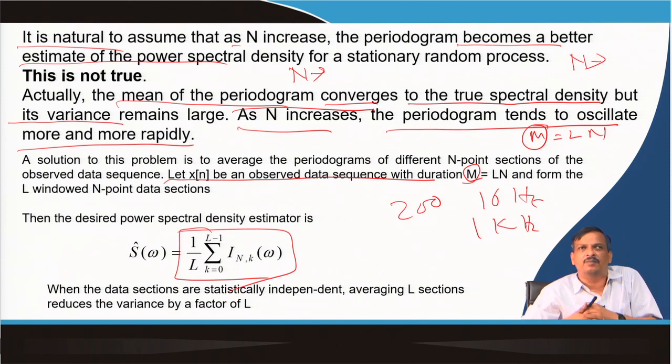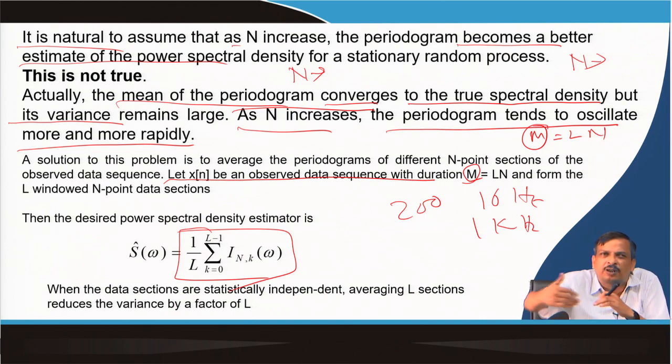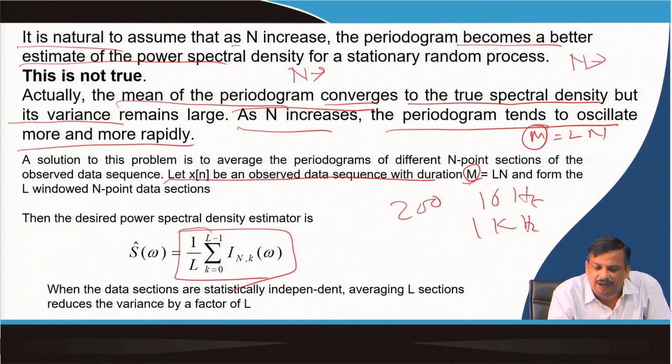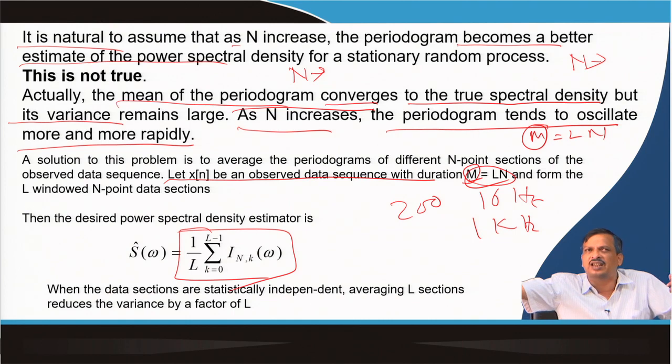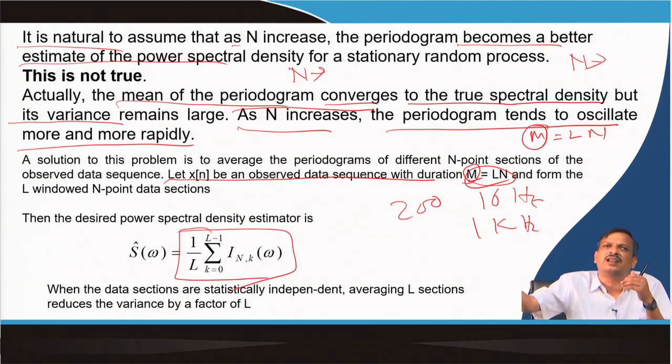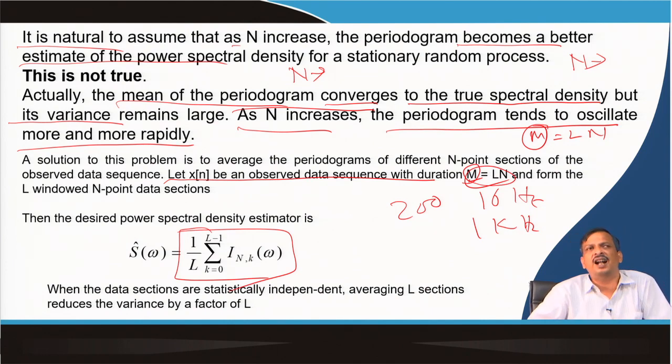Taking all the data at a time means N is very large, that means frequency resolution is very high, but that does not solve my problem. Mean will give me the true value, but there will be some variance. So, to avoid that, if you have a large data, then you can divide it into L number of windows. Suppose I have measured a long signal, a 2-second signal. Within the 2-second signal I divided 200 windows, and every window I have analyzed, estimated the spectrum and then taken the average. That gives me the better estimation of the power spectrum of the signal